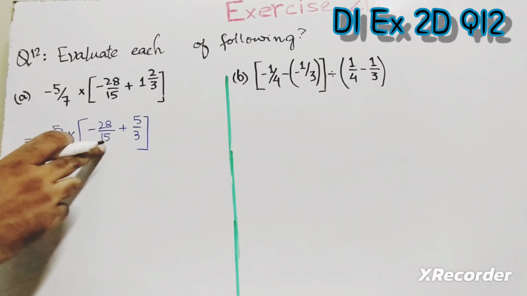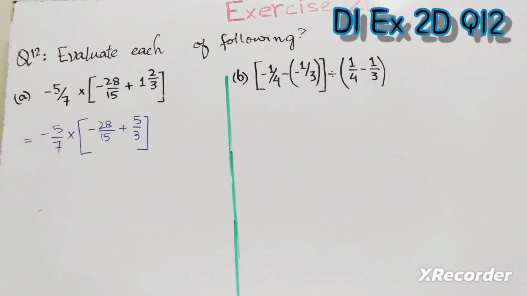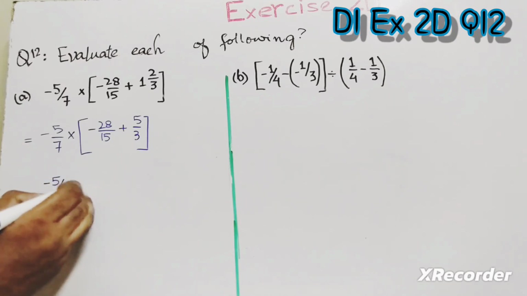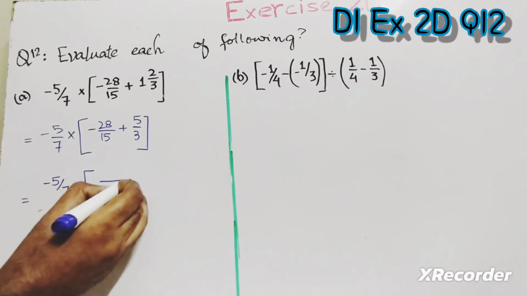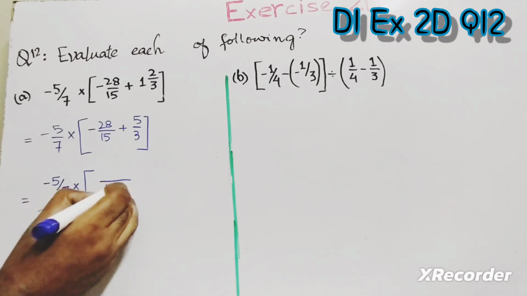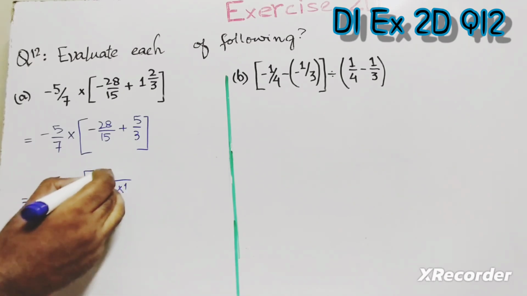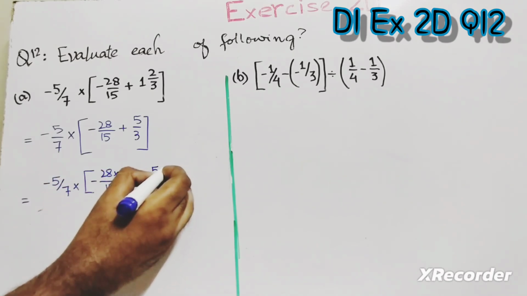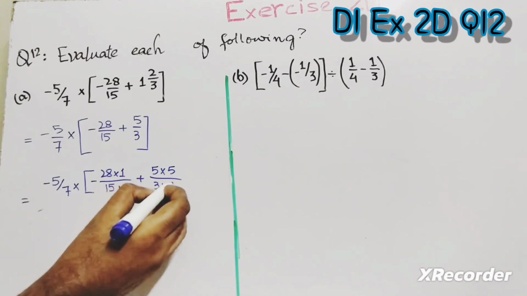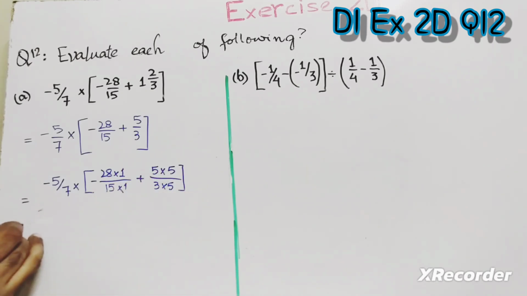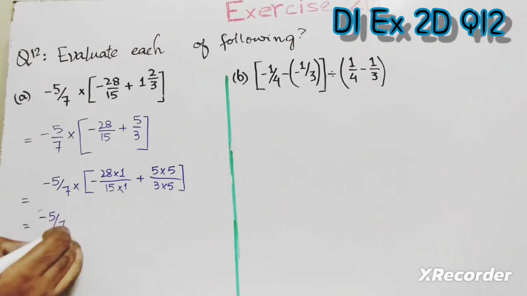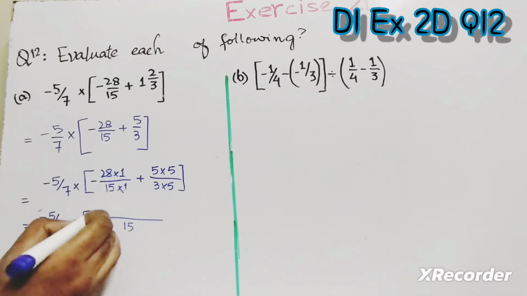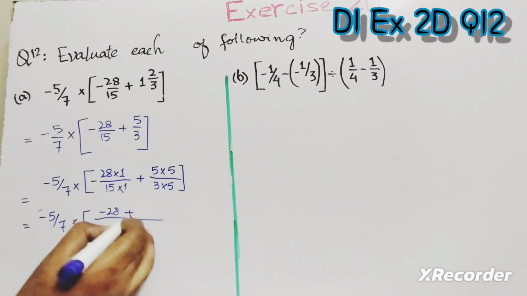When we take the LCM of 15 and 3, the LCM will be 15, so we can write as minus 5 upon 7 multiplied by bracket open, 15 multiplied by 1 minus 28 multiplied by 1 plus 5 multiplied by 5, 3 multiplied by 5. Minus 5 upon 7 multiplied by bracket open, common denominator will be 15, minus 28 plus 5 times 5 is